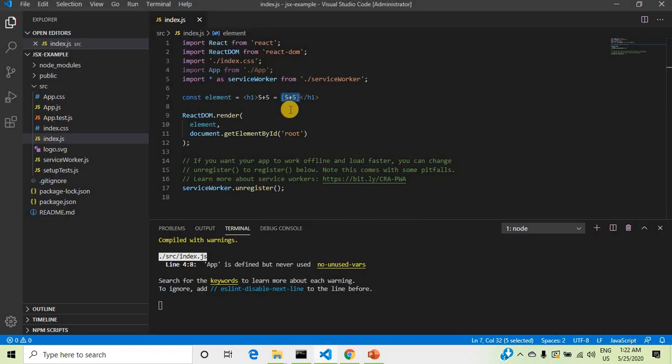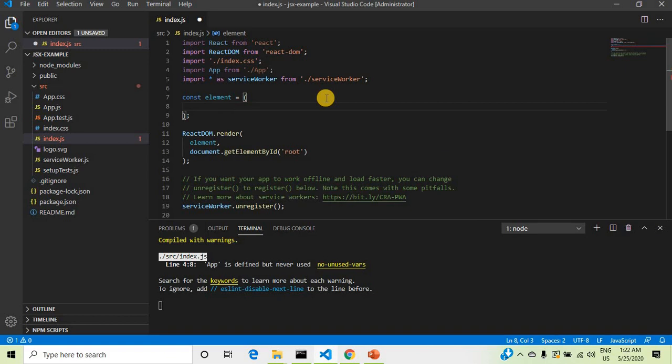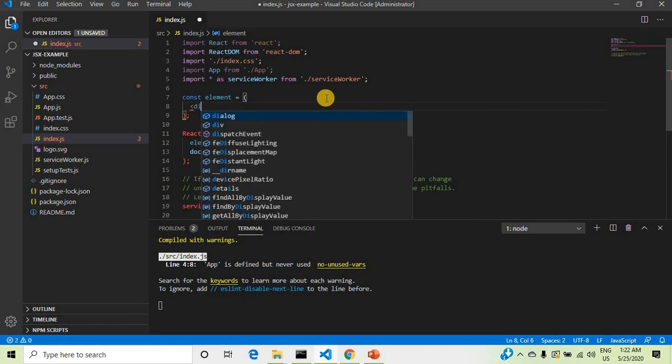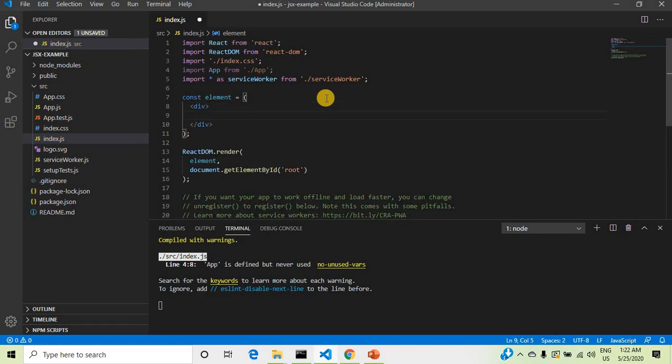If you want to display multiple element tags or nested elements, you have to give one root element.